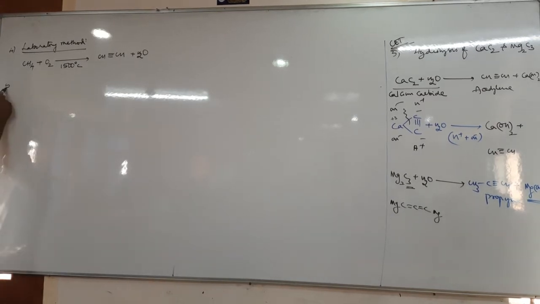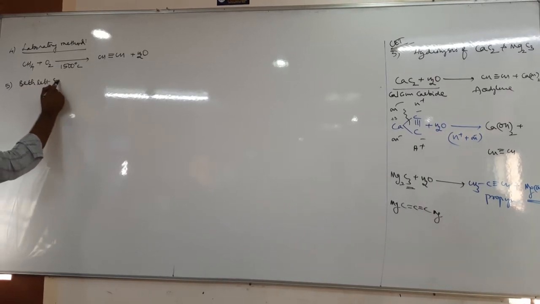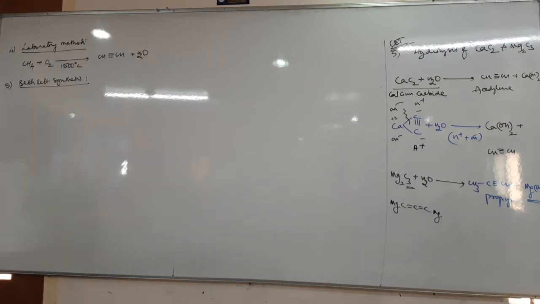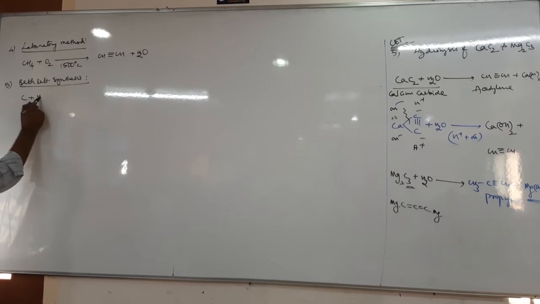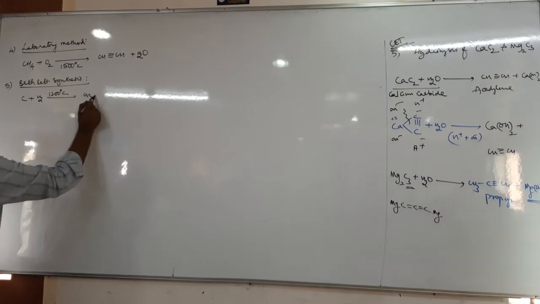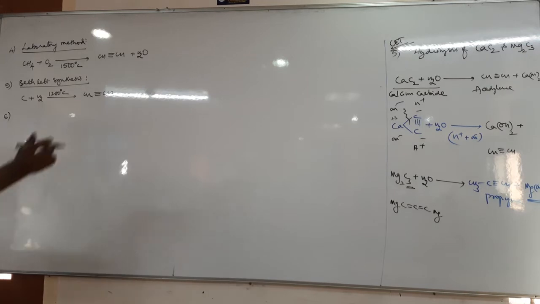Next, the 5th one is Berthelot synthesis. The scientist called Berthelot has prepared acetylene from carbon. Carbon treated with hydrogen at 1200 degrees Celsius gives rise to acetylene. Only equations are important, which is called Berthelot synthesis, carbon plus hydrogen. Next, the 6th method of preparation, from sodium